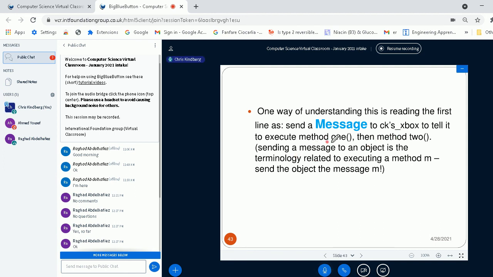And sending a message to an object is the terminology related to executing a method in object-oriented terms. Right, you can send a message M to an object.